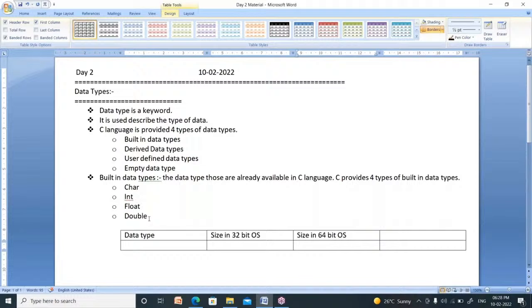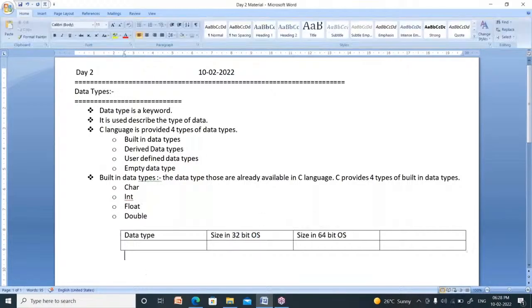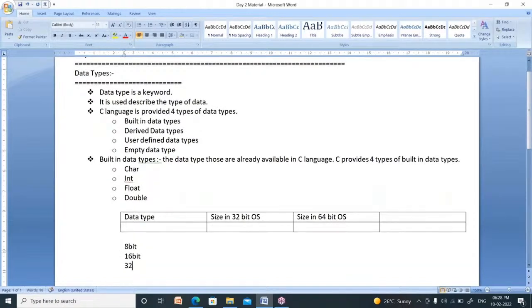In my laptop, I have Windows 10 operating system. Operating system is nothing but software which controls all the activities of a computer. Till now, the operating systems are 4 types: 8-bit first, next 16-bit, third 32-bit operating system, and fourth, recently we are loading 64-bit operating system.